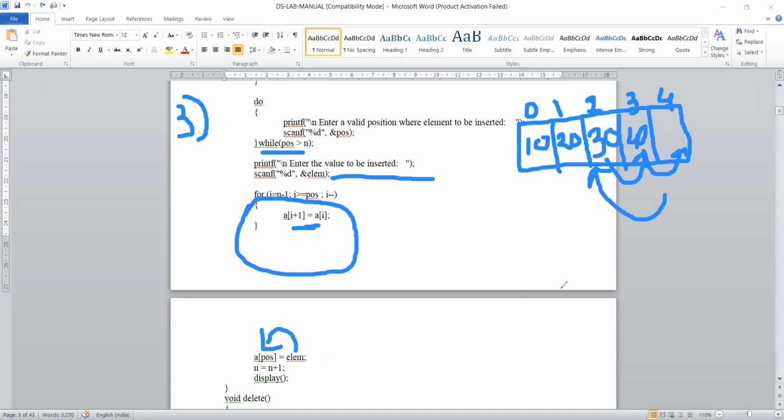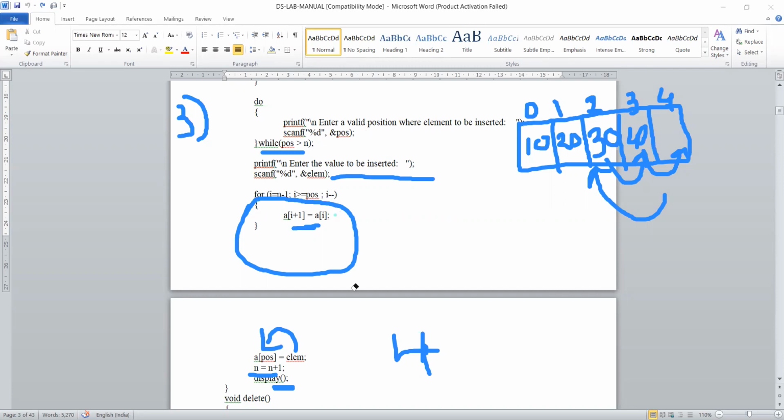You are inserting. Done, we have inserted. And finally, n equal to n plus 1, because previously the number of elements was only 3. Now one element we added, so the number of elements will increment by 1, so 4. Then display. You are calling the function display to display the elements of the array. Got the point? Yes, ma'am.